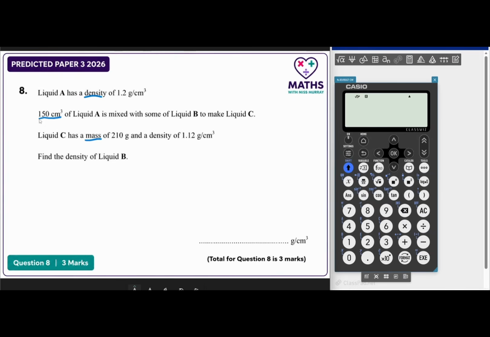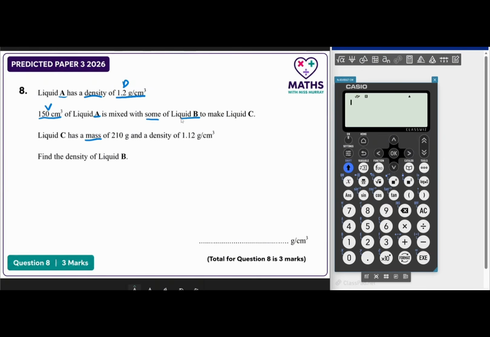I may be wrong. We shall see. So liquid A has a density of 1.2 grams per centimetre cubed. 150 centimetres cubed of liquid A, so the volume of liquid A is given, is mixed with liquid B, some